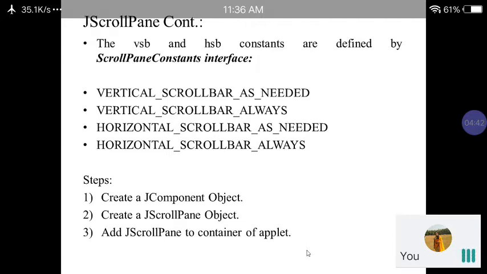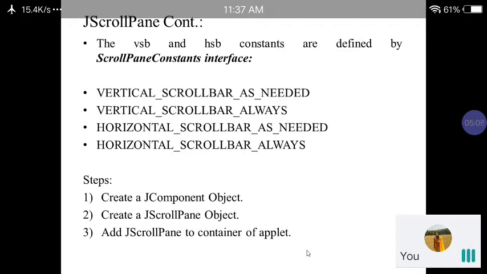So these two constants, vertical scroll bar always and horizontal scroll bar always, are added compulsorily, and the first and third, vertical scroll bar as needed and horizontal scroll bar as needed, will be added as per the necessity of the JScrollPane.